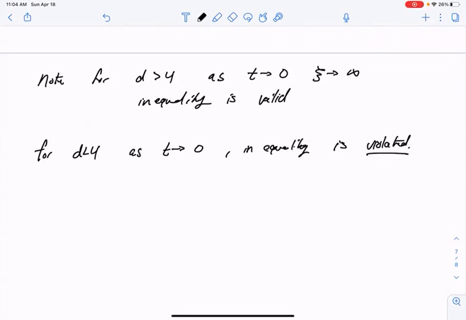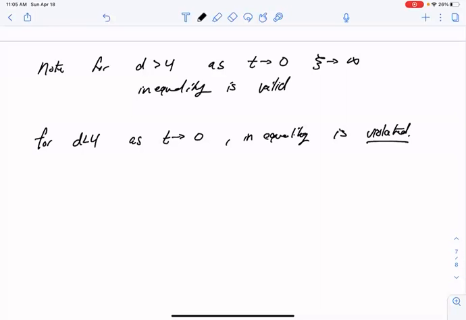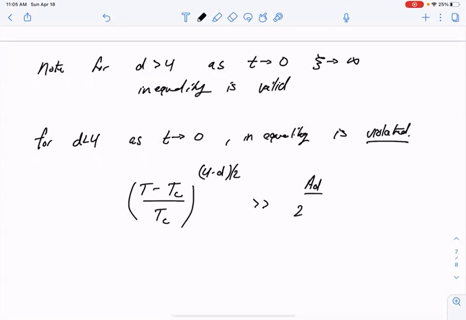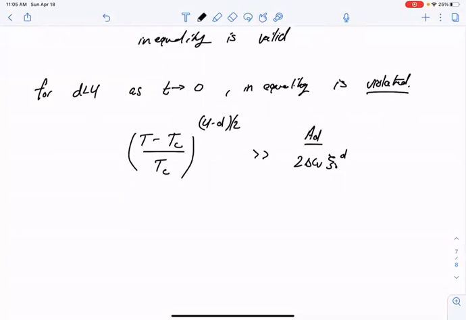One can define a temperature. So if you rewrote this in terms of a temperature instead of the correlation length, the divergent part of the correlation length is just (T minus Tc) over Tc, to the power of 4 minus d, dividing it by a half, that's the square root. We require that that is much, much larger than A_d times the change in the heat capacity, times the bare correlation length to the d. Indeed, for d less than 4, that will be violated. You can define a temperature where it is saturated,